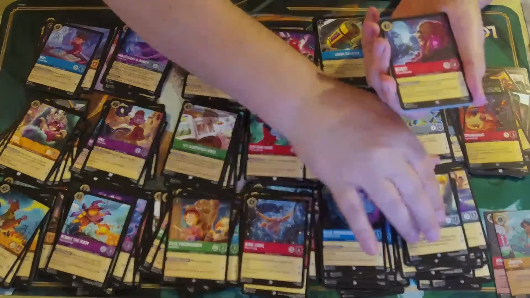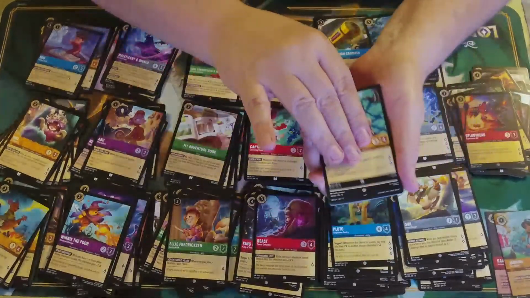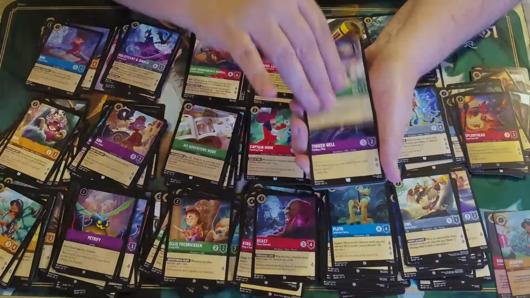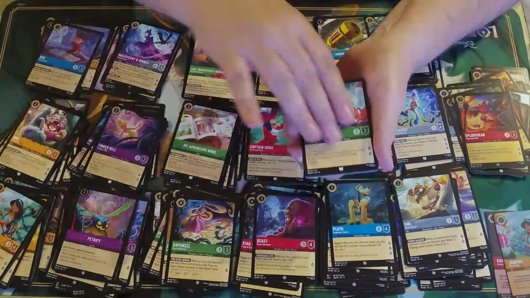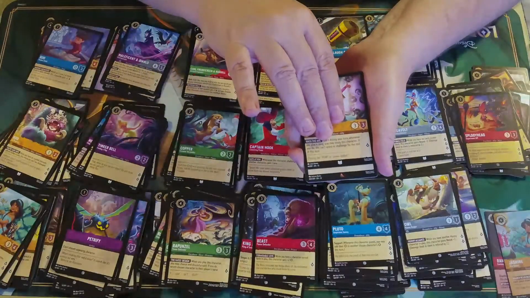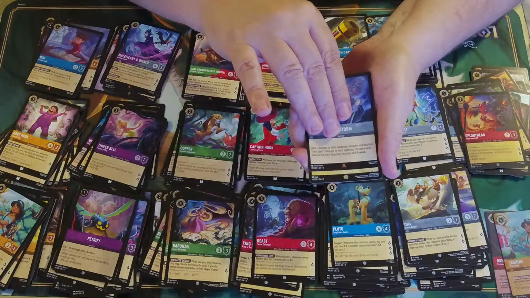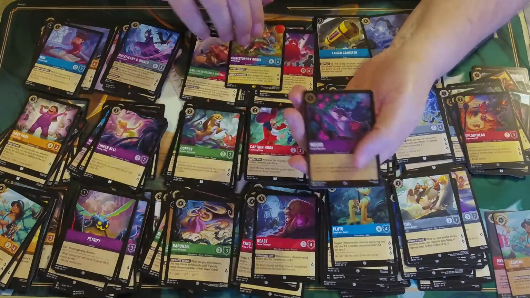We're going to start with Kronk, go to Beast, Pluto, Jasmine, Petrify, Rapunzel, uncommon, Tinkerbell, uncommon, Abbey Park uncommon, third card slot, Windstorm, legendary, Christopher Robin, common foil, Miko,